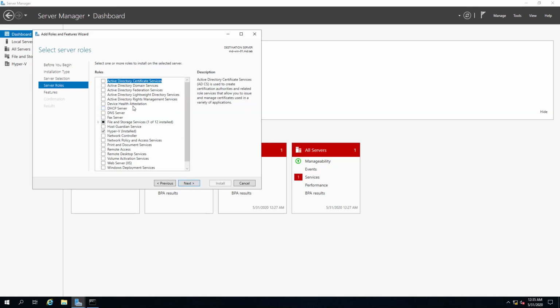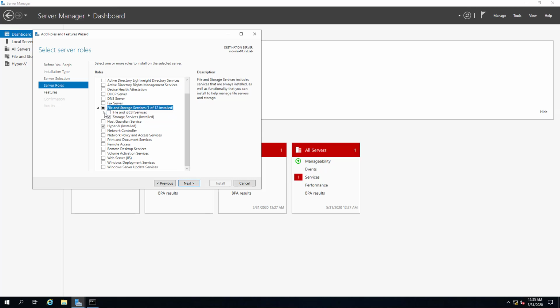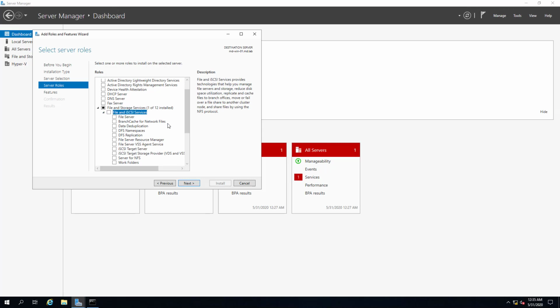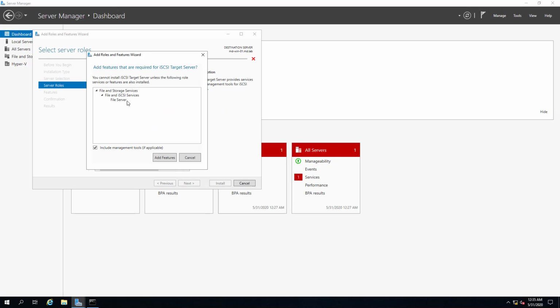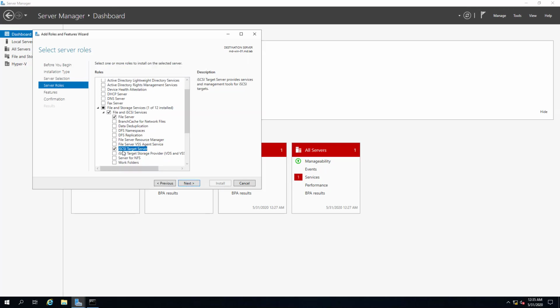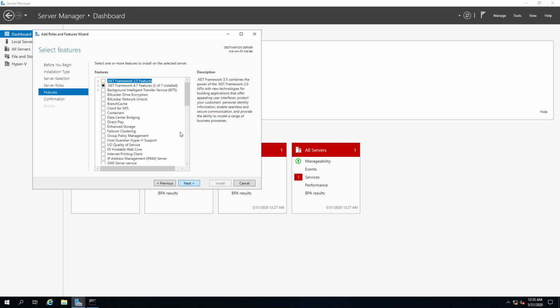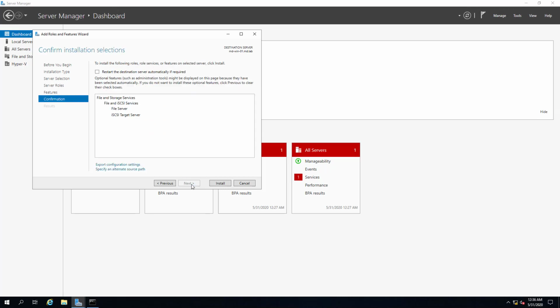So in this, expand the file and storage services feature set which is added. Click add features. So now we have selected iSCSI target server. Click on next. So we don't need to select any of the features here. Click next.